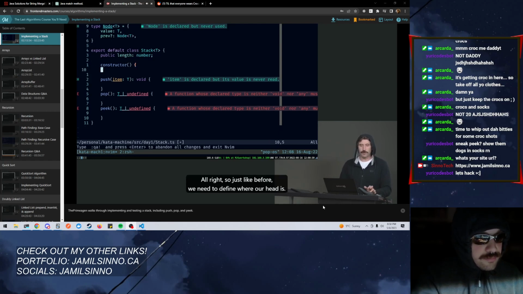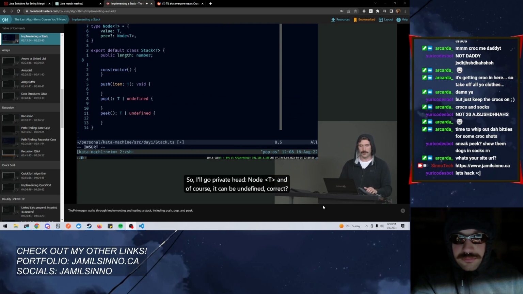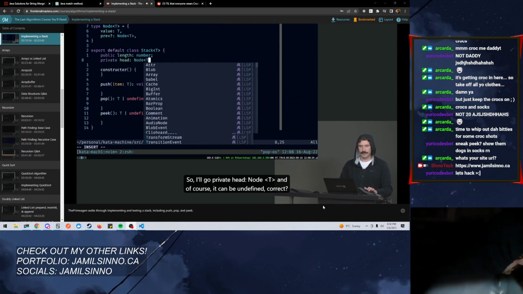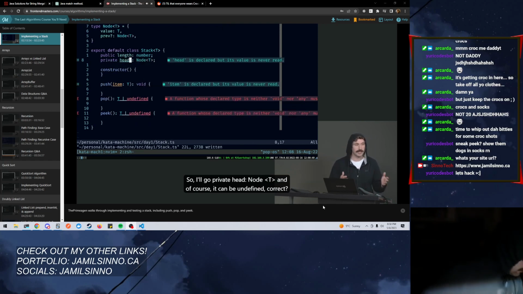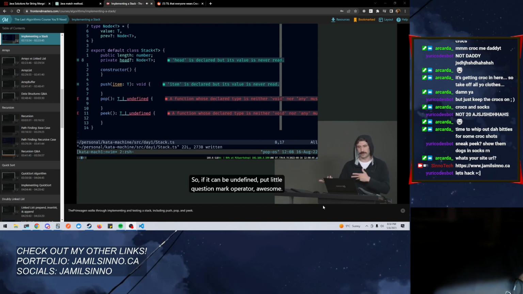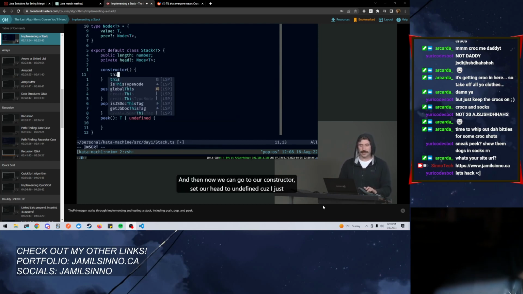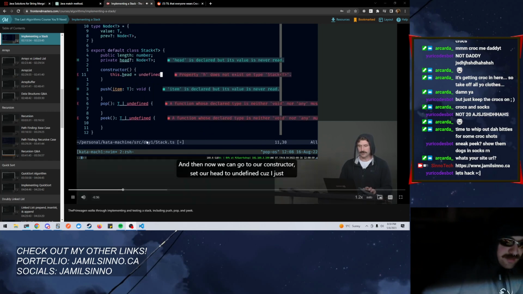All right, so just like before, we need to define where our head is. So I'll go private head, node T, and of course it can be undefined, correct? So if it can be undefined, put the little question mark operator. Awesome. And now we can go to our constructor, set our head to undefined,